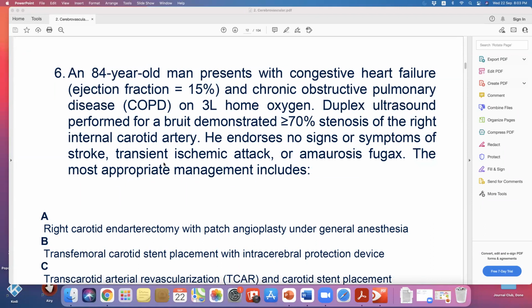Duplex ultrasound performed for a bruit demonstrated more than 70% stenosis of the right internal carotid artery. He endorsed no signs or symptoms of stroke, transient ischemia, or amaurosis fugax. The most appropriate management includes,